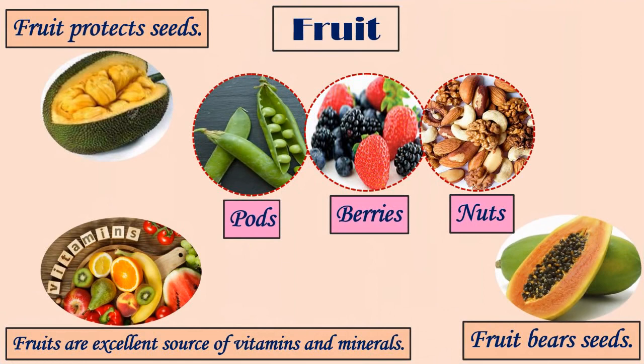A fruit is the part of a plant that contains the seeds. Actually, fruit protects the seeds and also helps to spread them. Fruits have different shapes. Fruits contain one or more seeds. The pods of beans and peas are actually the fruits. The fruit may be fleshy like berries or it may be hard and dry like nuts.